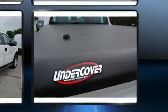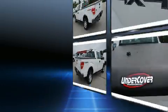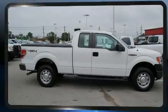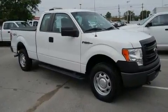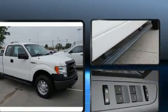Top features include a split folding rear seat, a tachometer, variably intermittent wipers, a rear step bumper, a front bench seat, and more. Ford ensures the safety and security of its passengers with equipment such as head curtain airbags, front